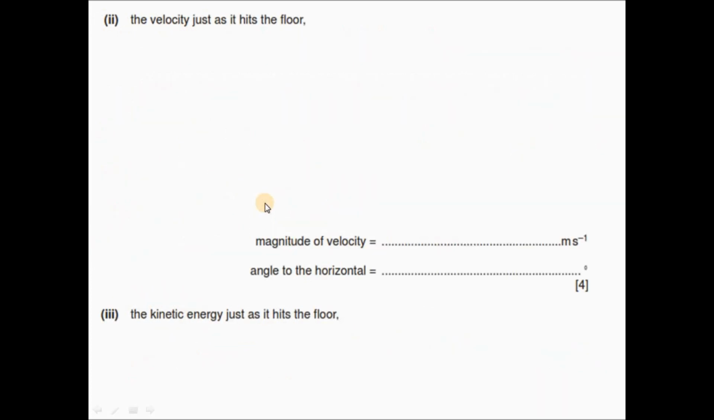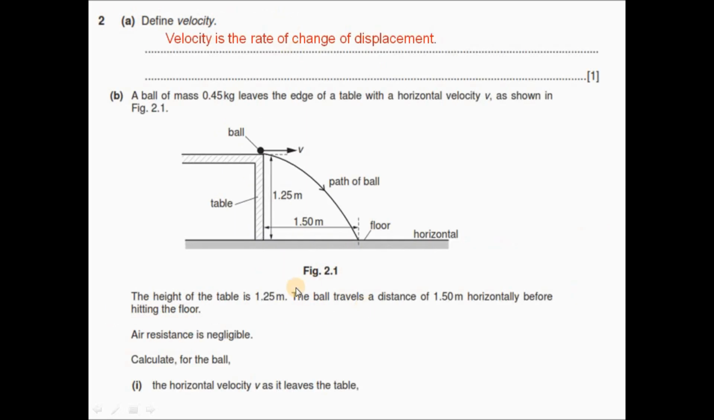The velocity just as it hits the floor. So we need to find the velocity. Now if you see the situation, we need to find the velocity as it hits the floor. So now if you see what is happening here, as the ball starts falling down, initially we had only